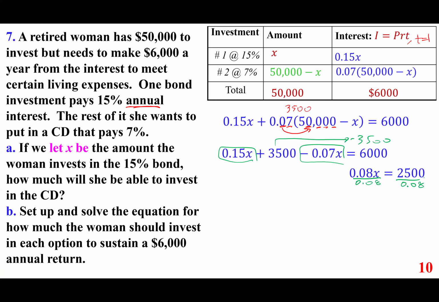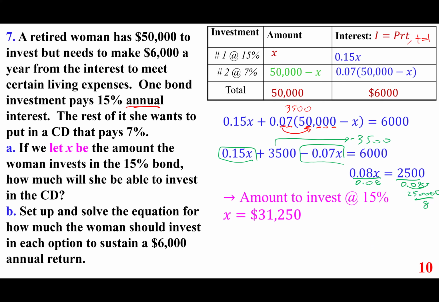Divide by 0.08. Or you can see that you can change the denominator to 8 by moving the decimal 2 to the right. That means you add 2 zeros to the numerator. And you get